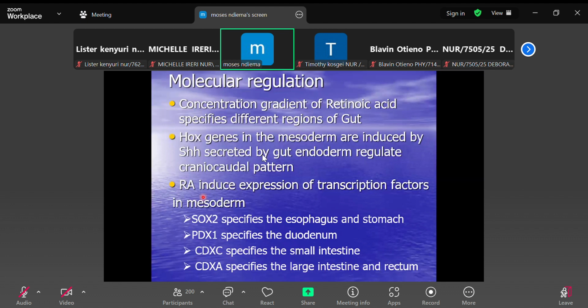This divides that bud from the floor, which is going to form the lungs and the trachea, into a dorsal part that forms the esophagus and a ventral part that now forms the larynx and the trachea. So during this development,